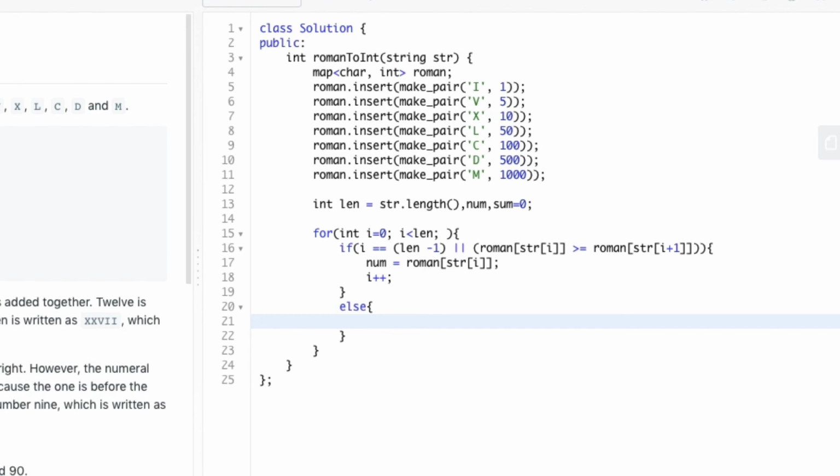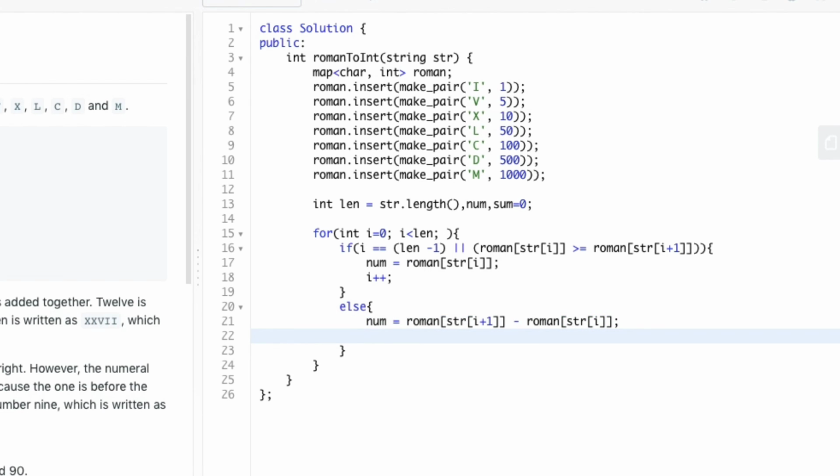If the above condition does not satisfy, then the value of num is found out as the value of the i plus 1th character minus the value of the ith character, and we increment i by 2 positions.